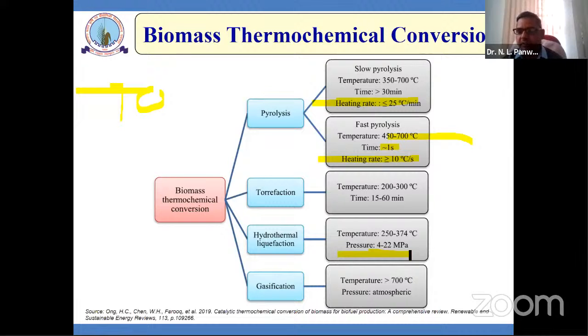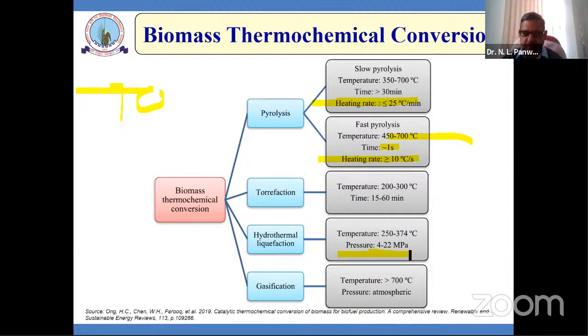So if you're using lemongrass, clove, peppermint, lemon, or rose petals to extract essential oil from these crop residues or crop materials, then the hydroliquefaction process is in the range of 250 to 374 degrees Celsius at high pressure. Now, the gasification process is a partial combustion process above 700 degrees Celsius, at atmospheric pressure, and then we get the syngas,